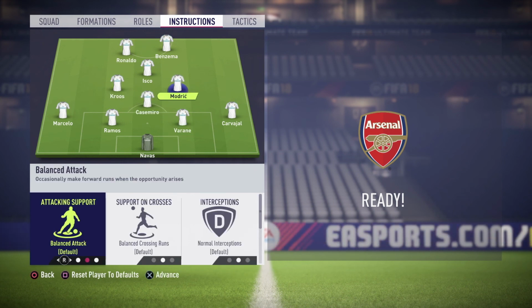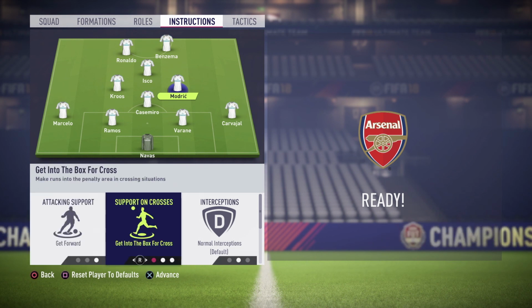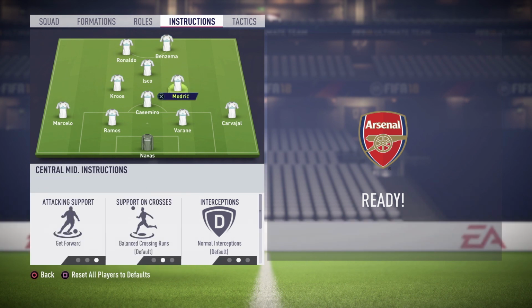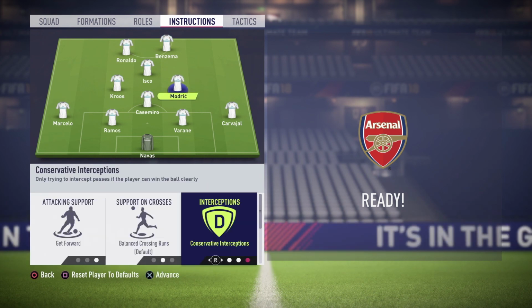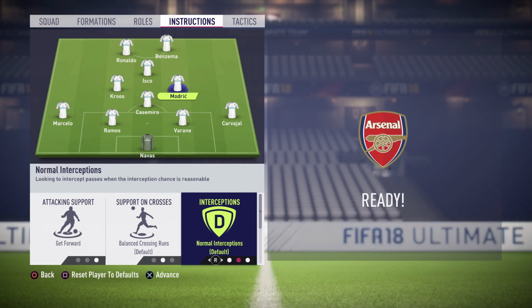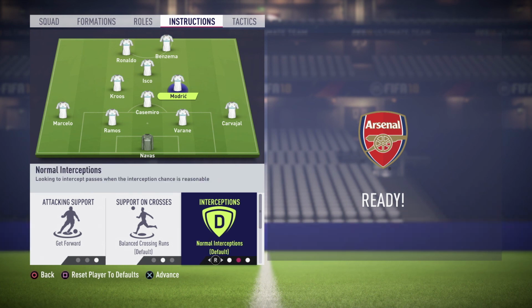For Modric, we can get forward, and for the support on crosses, these ones don't really matter. Also the interceptions one, for example, you have the option of conservative interceptions, aggressive interceptions, and normal interceptions. I will keep it normal, and I do keep it normal in my weekend league matches as well, because